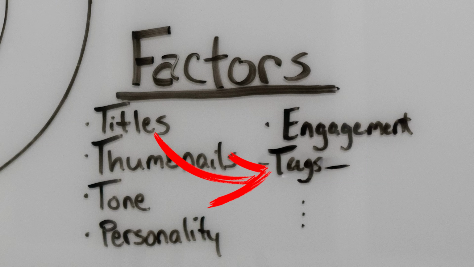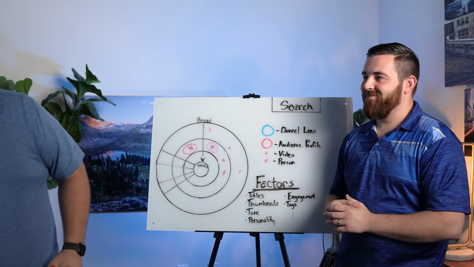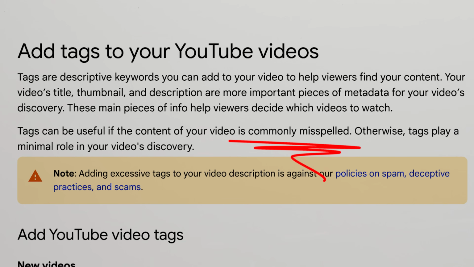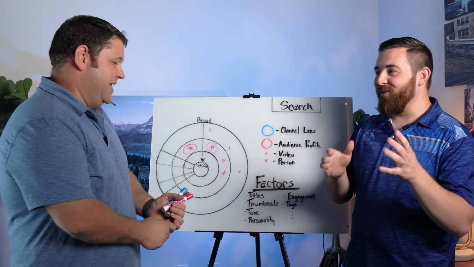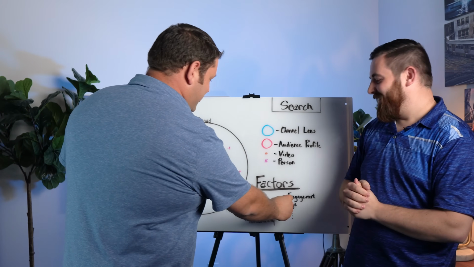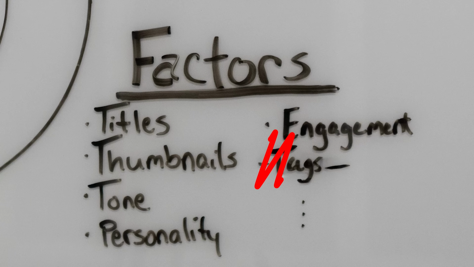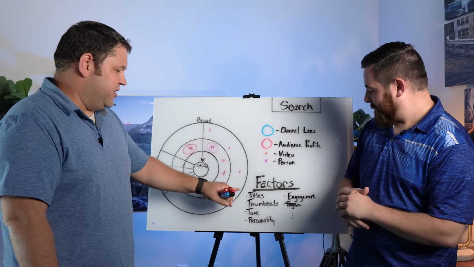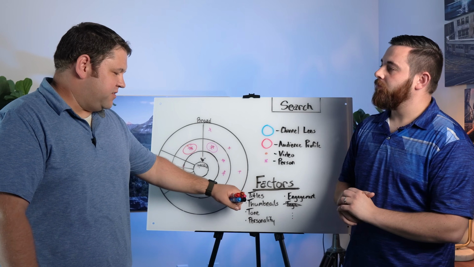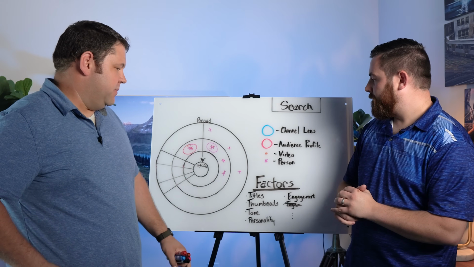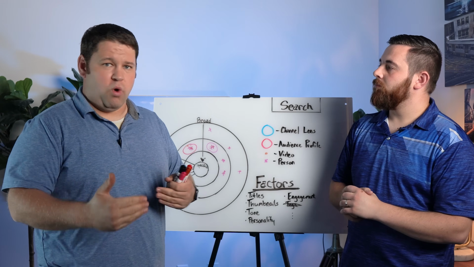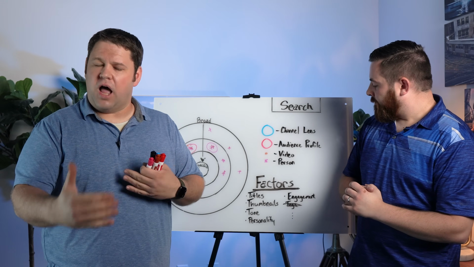I have tags listed here. Tags is one that some people ask about, and YouTube specifically says they use tags to correct spelling in their auto captions. If you look in the Google Doc, or in the support document, we don't use these for SEO, for helping YouTube know what your video is about. YouTube's already transcribing and indexing all of the information from your video. But the way that people engage with it, if people don't click on your video, chances are the title and thumbnail were off base. If people don't continue watching, chances are that your pace was not right, the tone, the personality, there's a lot of those other factors.